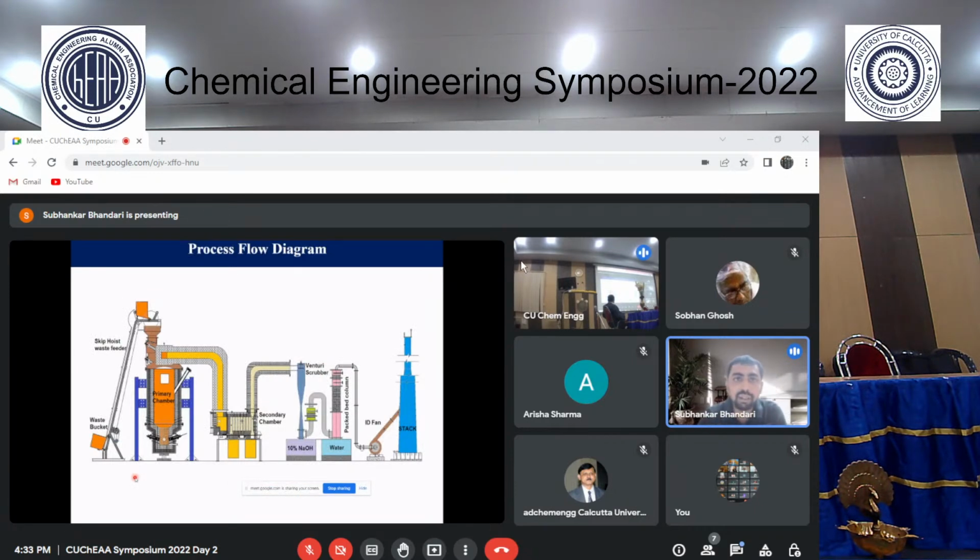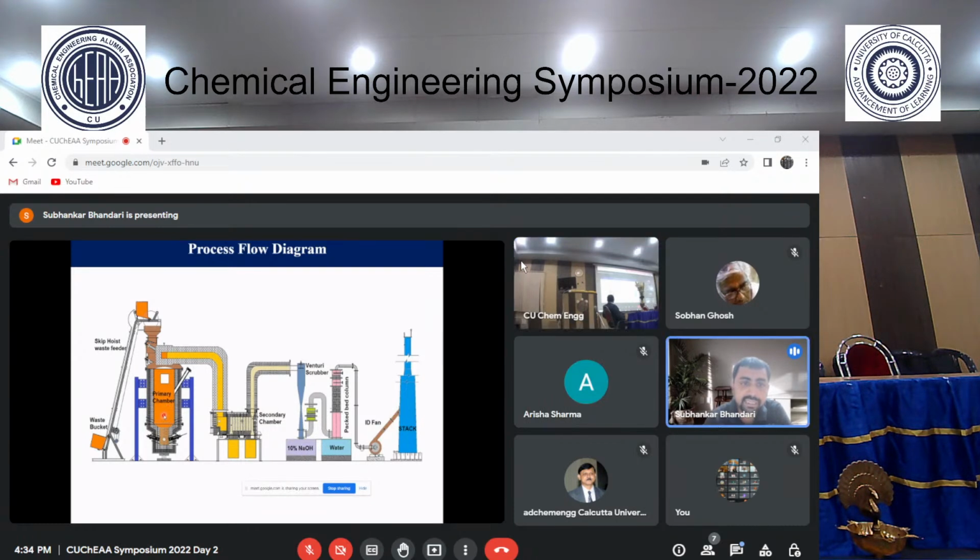So this is the process flow. This is how the process flow diagram of an air plasma gasification facility looks. It essentially consists of five components. First is the primary chamber, which is the heart and soul of the plasma gasification technique. This is where the actual waste processing occurs, and this chamber can be utilized as a gasifier or as an incinerator, depending on the air supply.